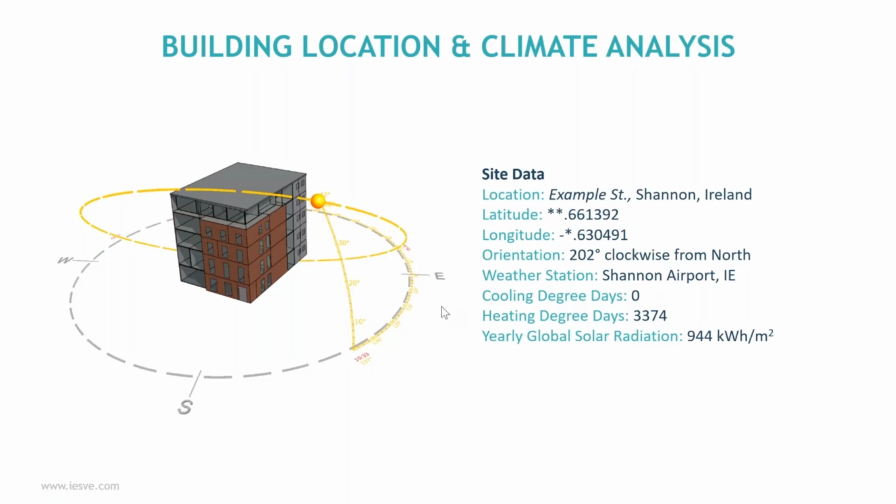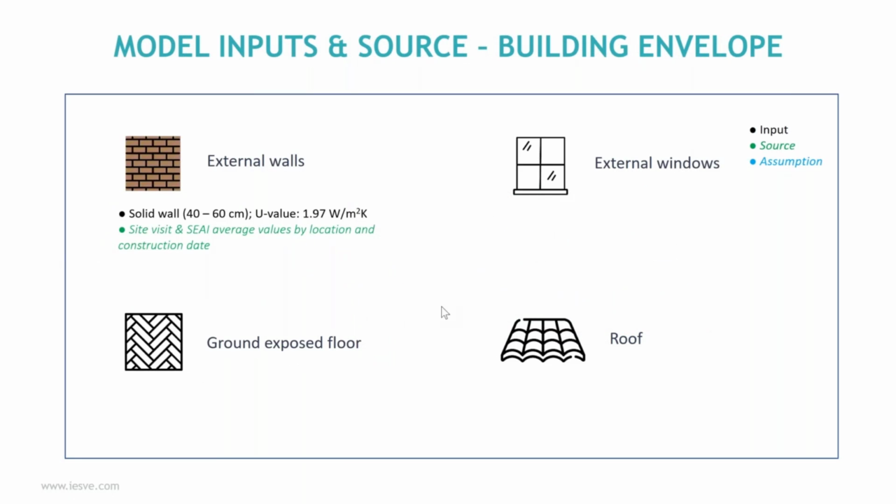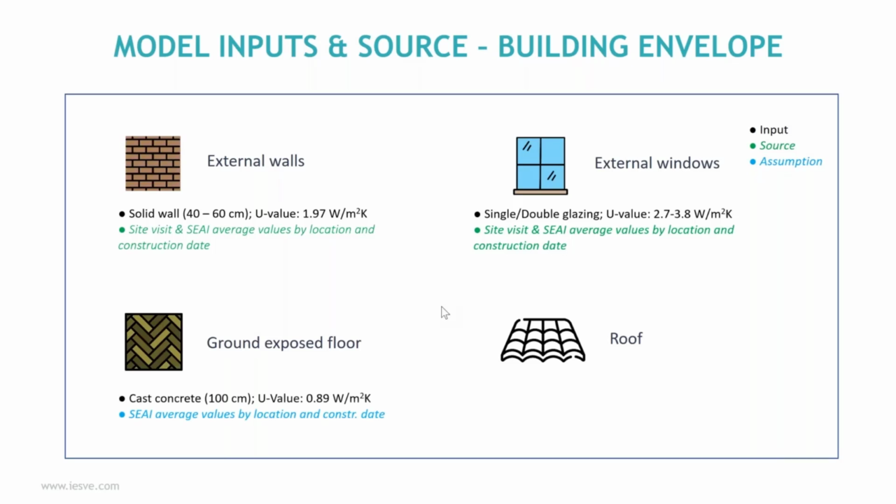And so basically, you start creating and positioning your model according to an appropriate weather file. Then you need to start making either assumptions or retrieving data from sources. So basically, what kind of input, once I'm done with the geometry, I need to give to my building. You can see that the green ones are basically